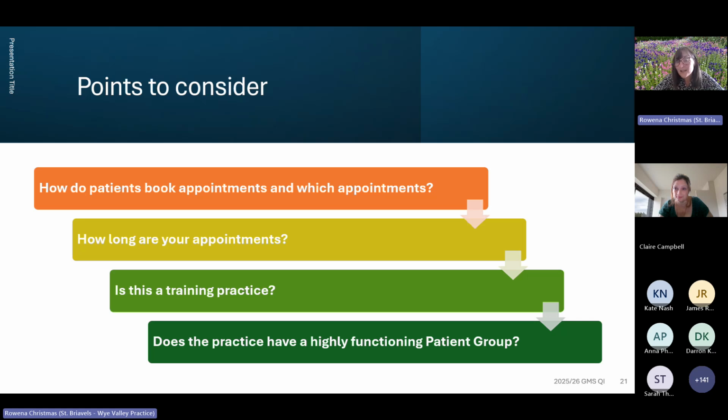A good exercise is talking to patients in the waiting room. That will give you a good indication of how long patients would be prepared to wait to see their preferred GP. If you've got GP trainees or medical students in your practice, it's a really great exercise for them, getting them confident talking to people, and they've got a bit more time to get that nuanced answer that might just be the key to opening everything.